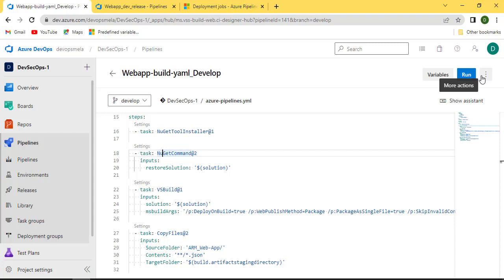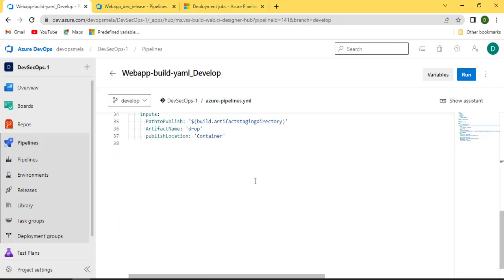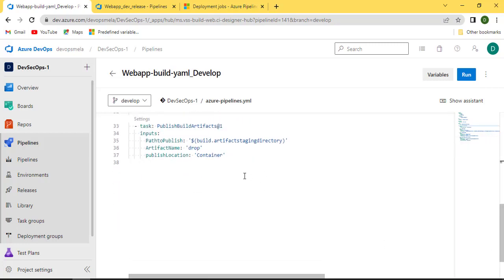We'll be using run once in our current example, and we'll try to make changes to this YAML file. Last time I showed you the changes in YAML using Visual Studio Code. That is one way. You can stick with the same way, there's no problem. Now this time I'll show you